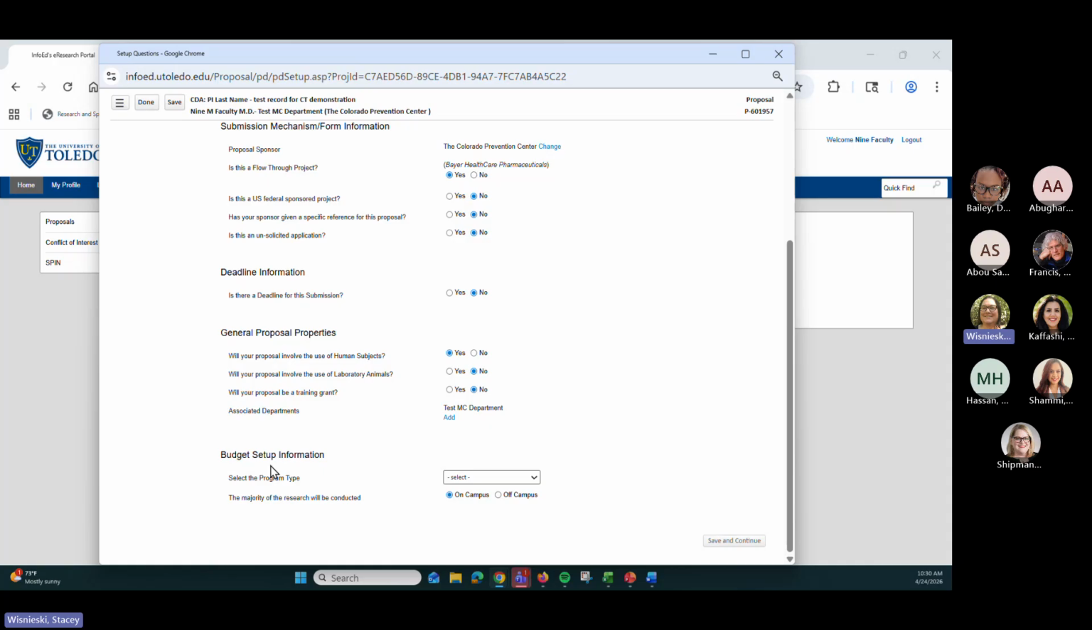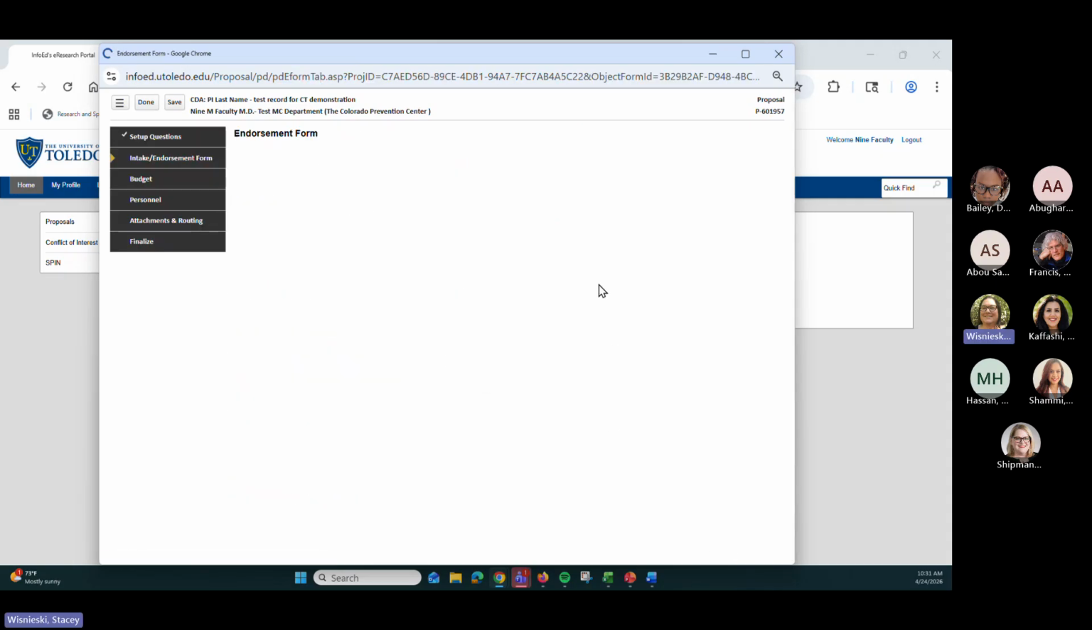And then down here under budget setup information, select the program type. My understanding is that clinical trials are, generally speaking, health science, other sponsored activities. If it's on the main campus, then you can select the main campus one. But I do believe most of them happen with the health science campus. So we'll click that for today. And then leave the button for on campus selected. And we're going to click save and continue so that the system can process those answers